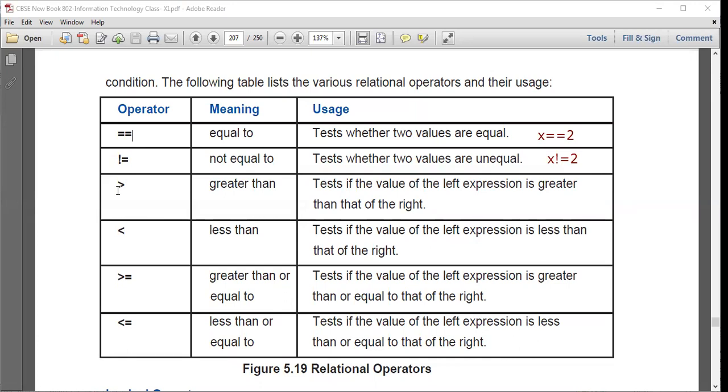Similarly, x greater than 2 will check whether the value of x is greater than 2 or not. x less than 2 will check whether the value of x is less than 2 or not. And this is greater than equal to and less than equal to. इसमें equal का भी check करता है, वो equal भी होना चाहिए या उससे बड़ा होना चाहिए, right? So all these are different relational operators and they give us the answer in true or false only, right? So if the condition is true, then the answer is true, and if the condition is false, then the answer is false. Now it depends upon the value of the variable which we are using, or some expressions,